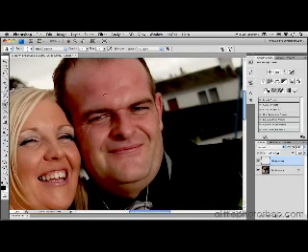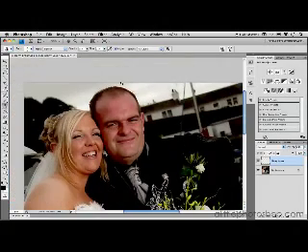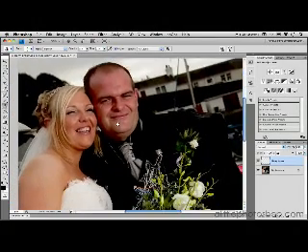And then we just sampled different areas of the skin around the subject and gently applied it until we disguised the specularity. That's the trick, is to leave some hint of brightness but diffuse it down. If you remove it completely, it just looks fake. So there you go. The best way of removing shininess, in this case from an outtake shot from a wedding,